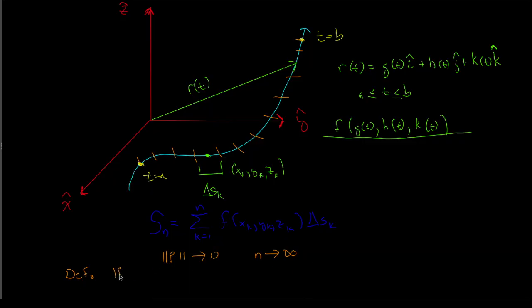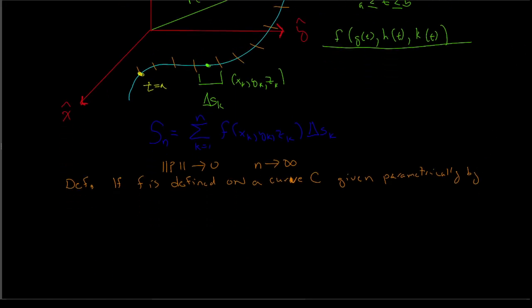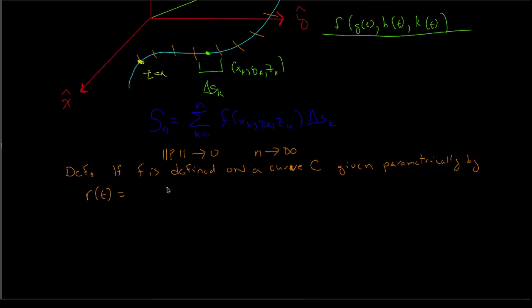And so we get a definition out of this: if f is defined on a curve C, given parametrically by this position vector, r of t equals g of t i hat plus h of t j hat plus k of t k hat, on the parameter interval a is less than or equal to t less than or equal to b,